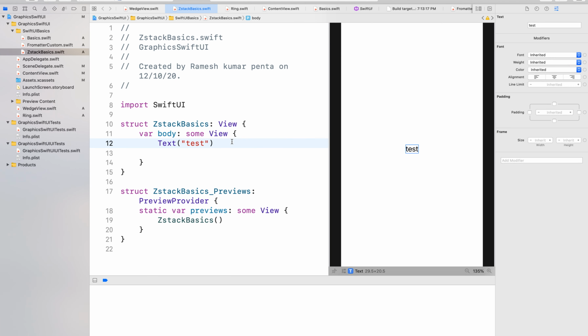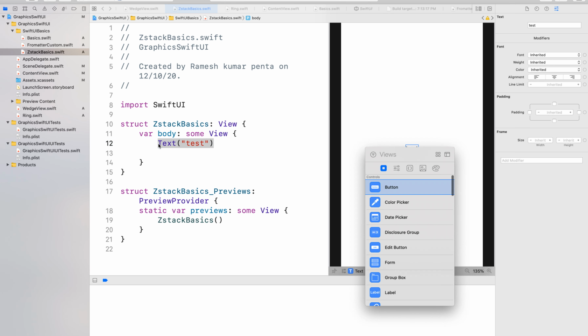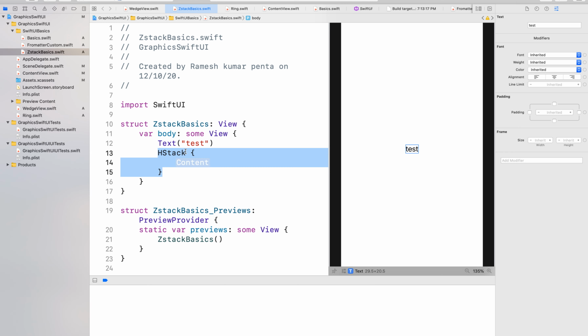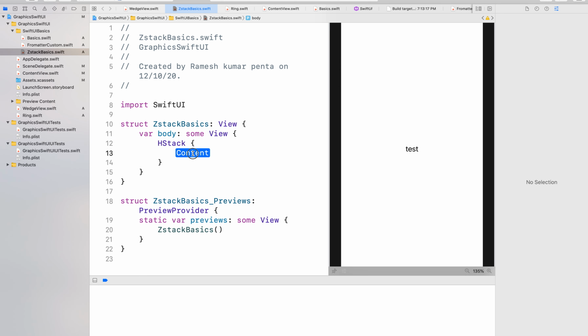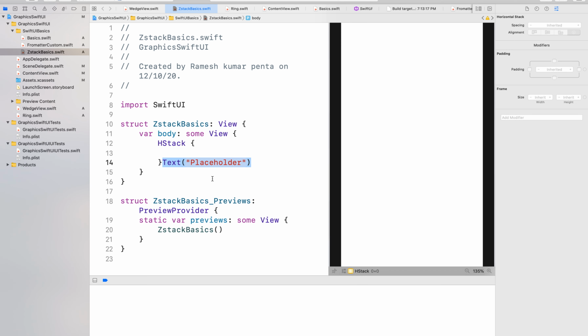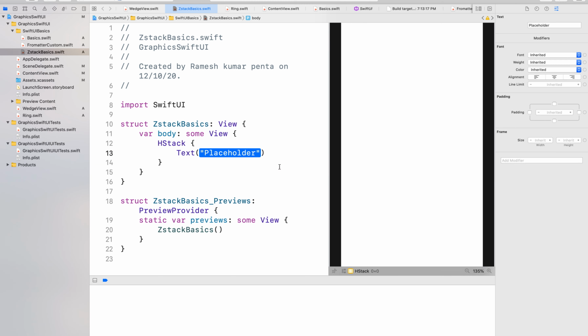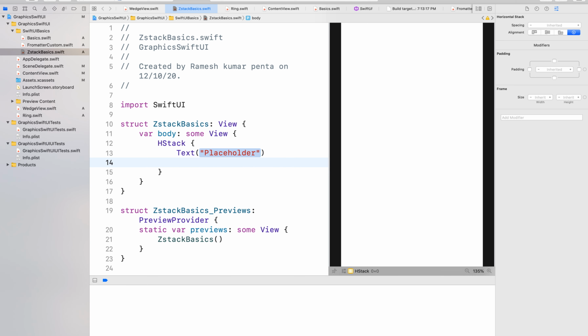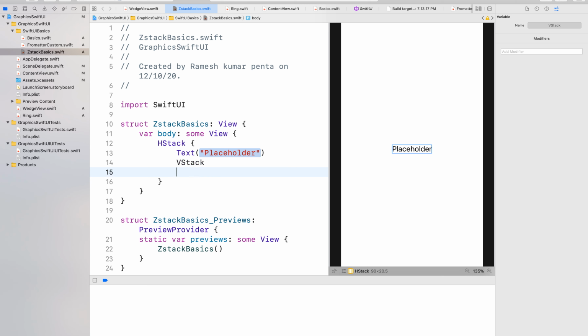First we'll see HStack. Let's draw this HStack and take the text view. So to explain this alignment, let's take views which have different sizes. So I define another stack and